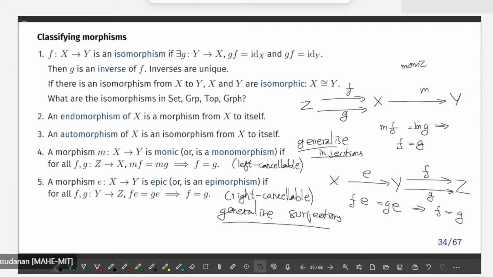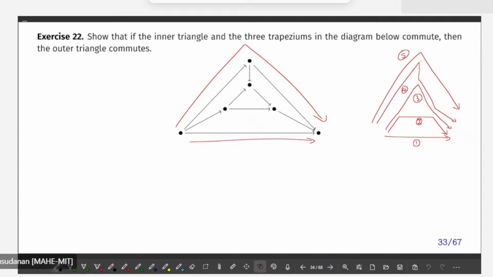The other way is true though. If you happen to have a surjective homomorphism, it will be an epimorphism. If you happen to have an injective homomorphism, it will be a monomorphism in that category. Okay, if your category consists of objects as sets and functions, like here,